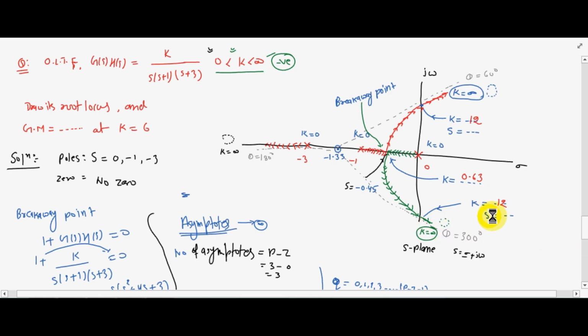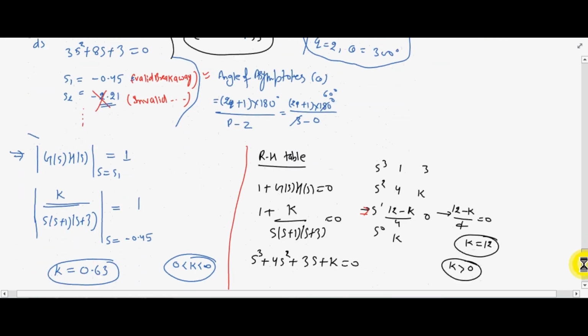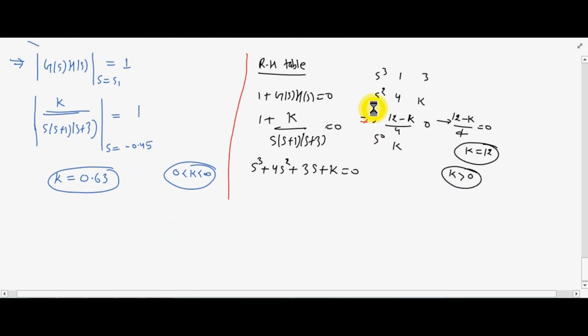Then we have to find what is the value of s at this point. This can be calculated from the auxiliary equation. Write the equation of this line. This is known as the auxiliary equation. The auxiliary equation is written with the help of this line: 4 multiply with s square plus k